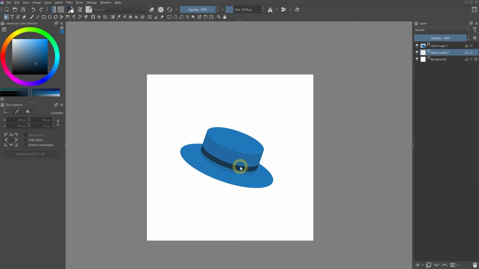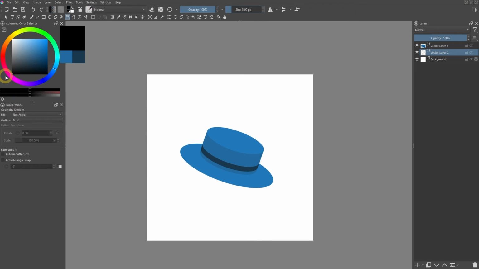To create a free shape with lots of curves, the most suitable tool for this is the Bezier Curve tool. For now, set the fill parameter to not filled, and for the outline parameter, use the brush option. In this condition, this tool will use the brush settings that are currently active. To make the vector lines thin, you can set the brush size parameter to 5 pixels. And let's use black first so that it will be easier to distinguish the line from the head shapes. Then we can create the flame shape with this tool.